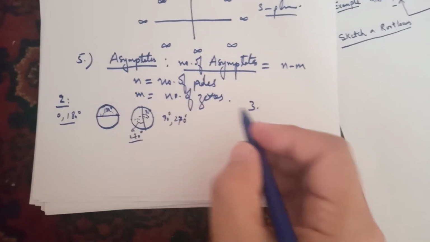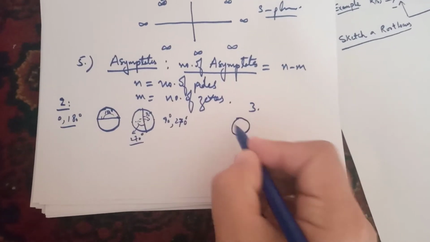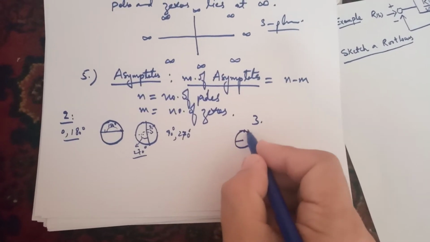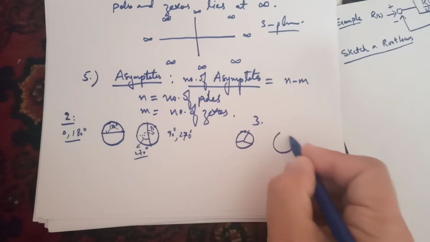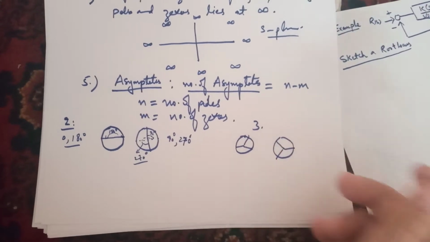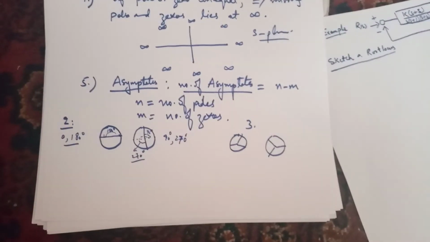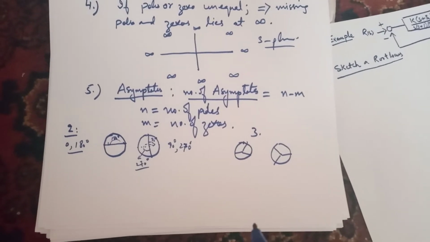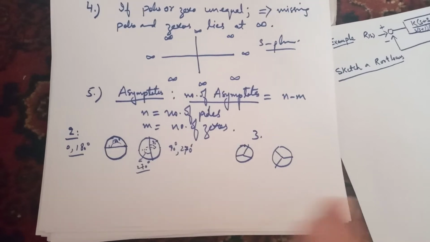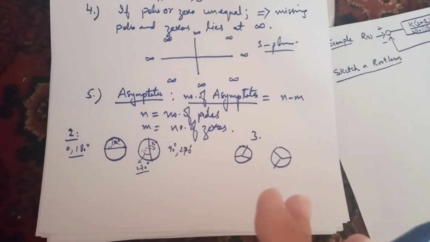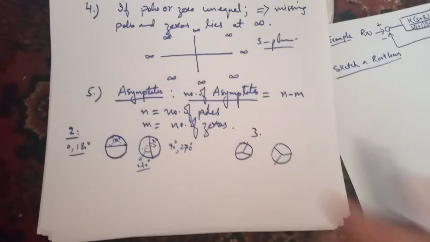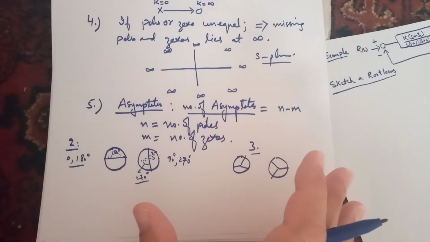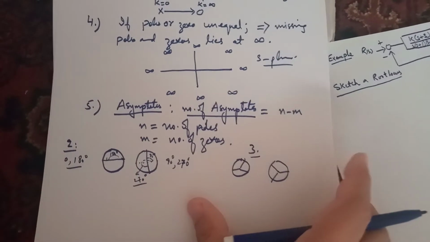If there's a 3, in that case you can either divide in that direction or you can divide in that direction. So these are some possibilities that you can have. Based on these possibilities you can identify the asymptotes. So let's do an example here and try to solve without